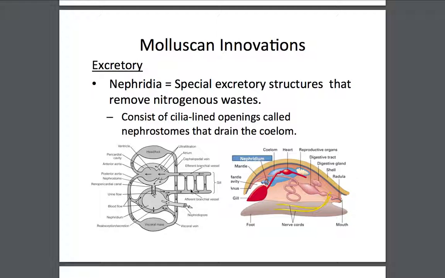The heart sits inside this cavity, and the pressure of the heart pushes fluids out through little ostia on the side of the heart and into the coelomic space. That coelomic space is then drained of those nitrogenous wastes through a cilia-lined duct that's called